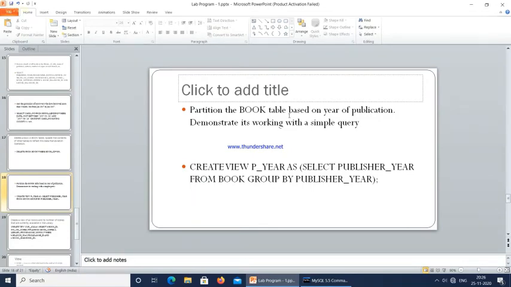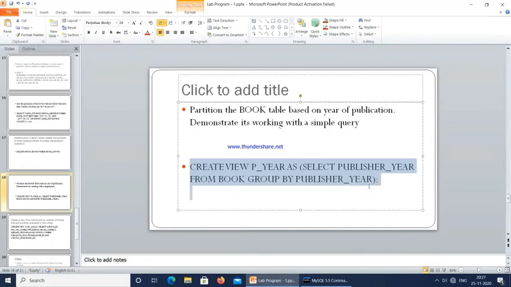So we are not actually partitioning the book table. We are creating a view and the name of the view is p_year. This p_year is going to contain the query like select publication year, grouped by publisher year in the book table.